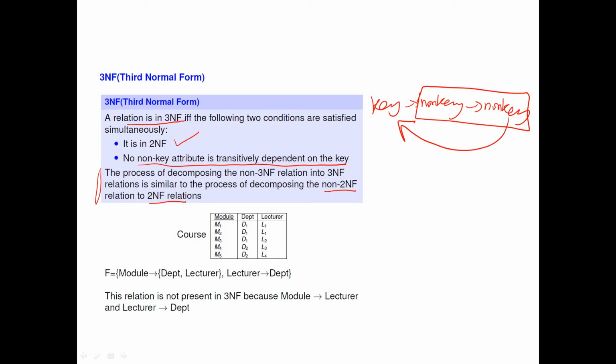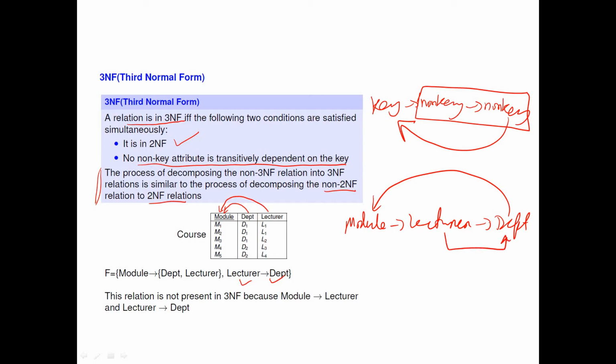Let's come back to this course. So in this course the anomalies are there, already I have discussed in the previous slide. So here department and lecturer, they are depending upon the module. Module is my primary key, and there is another functional dependency existing, that is the lecturer to the department. So here I am having the module to the lecturer and lecturer to the department. So this department is depending upon the module transitively, right? So this lecturer and department relationship or functional dependency has to be